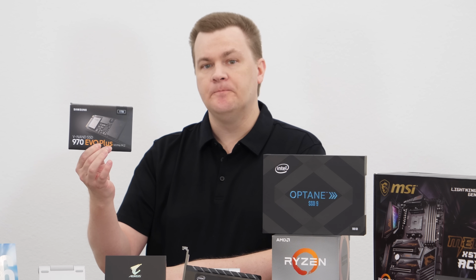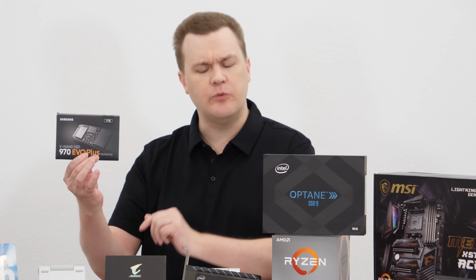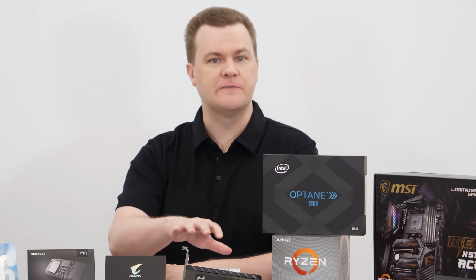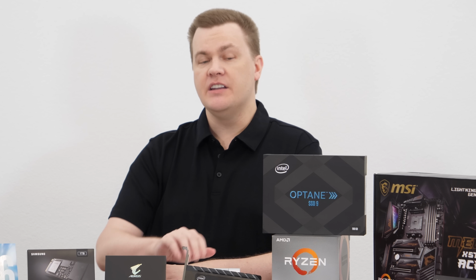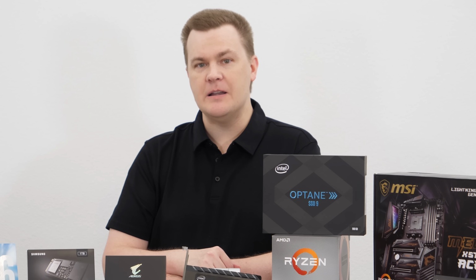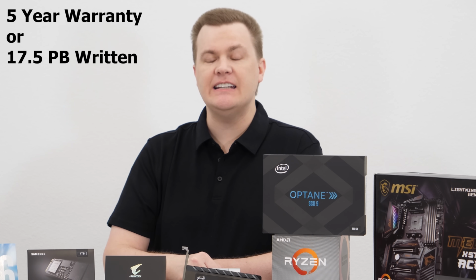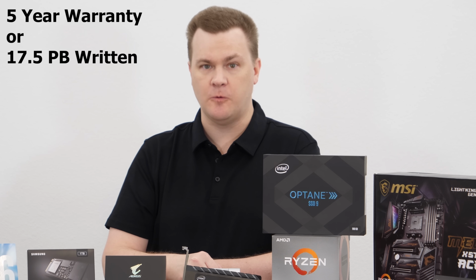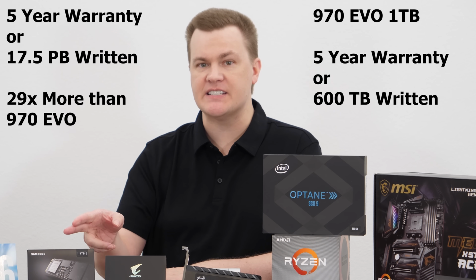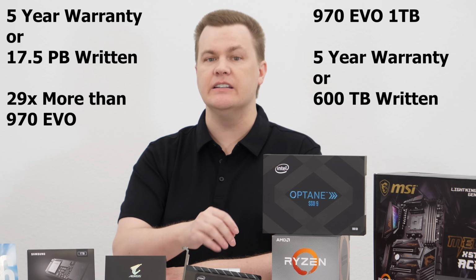How about Optane? Well, this is a 1TB drive, and this is a 1TB drive. Well, 960 gigabytes. It's really, really close at just 4% smaller than this drive. Does it have 600 terabytes total written? Yes, and a whole lot more. This is the consumer version of the drive, and it has 17.5 petabytes worth of warranty. That is 29 times the write endurance of the Samsung 970 EVO Plus. More than most of you will ever need, but